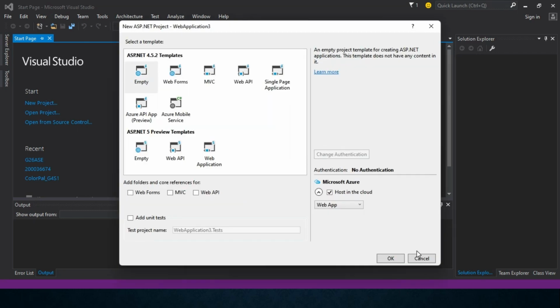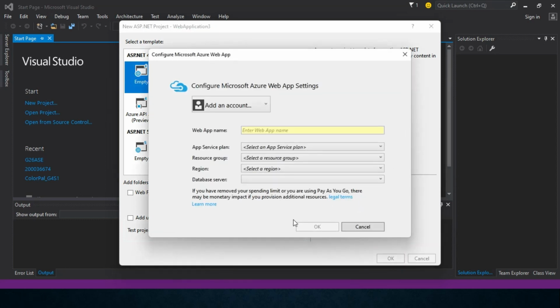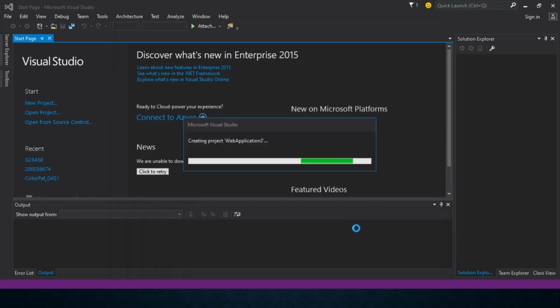Within a split second, it will ask you whether you want to use templates for that. And since we are learning from scratch, I'm going to select empty project so that we manually add the features that we need into the project. So within a split second, it will load for you to have access to the interface of your first ASP.NET